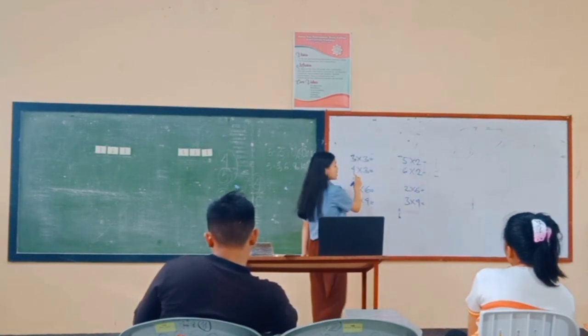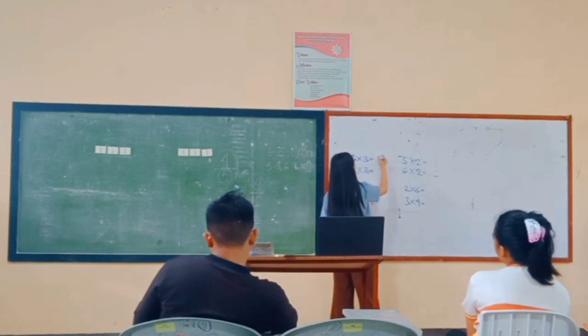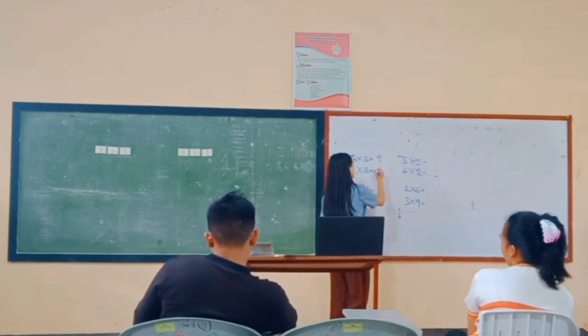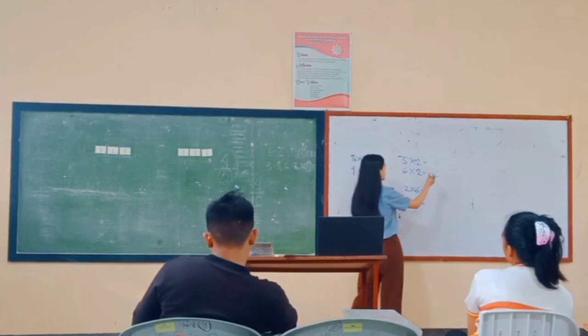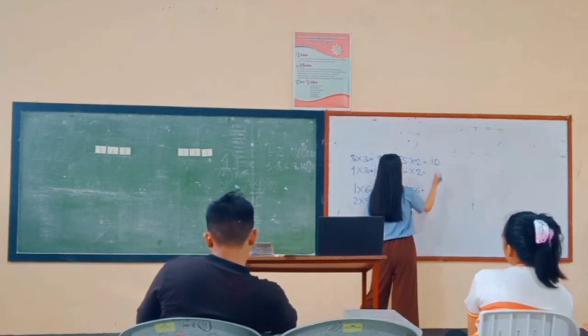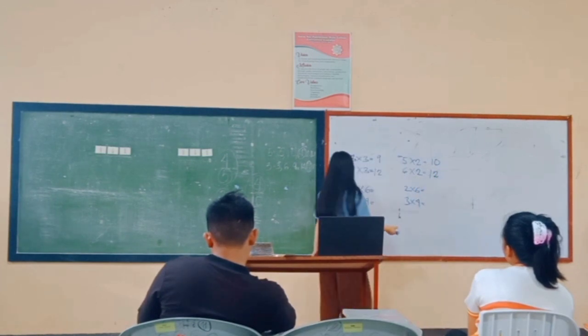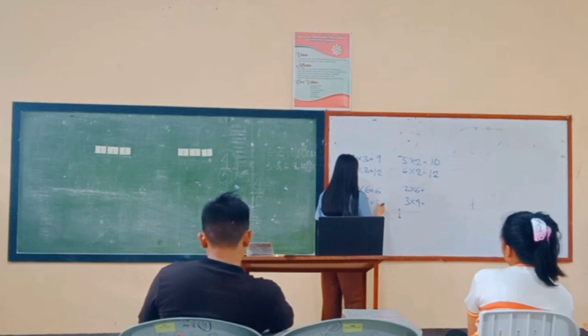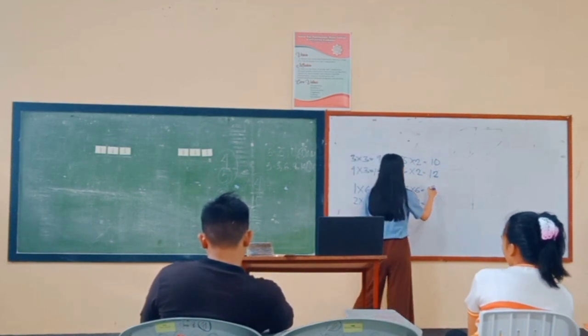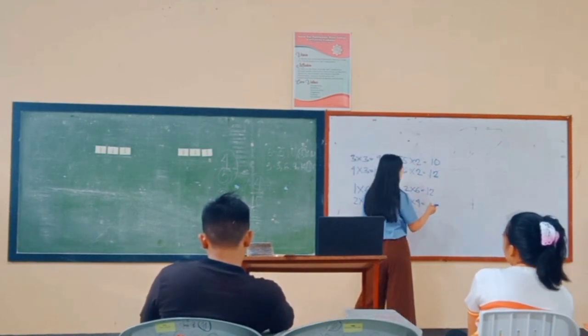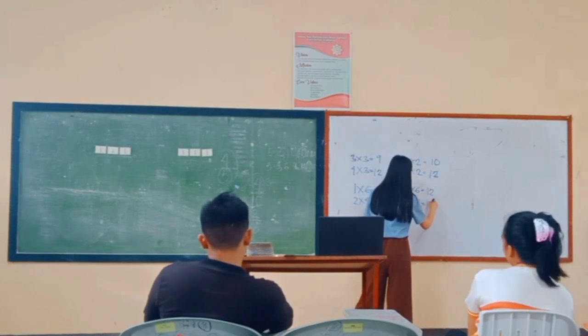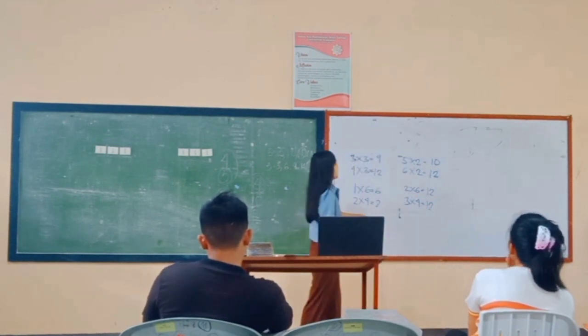So what is 3 times 3? 9, ma'am. 4 times 3? 12. 5 times 2? 10. 6 times 2? 12. 1 times 6? 6. 2 times 4? 8. 2 times 6? 12. 3 times 4? 12. Very good. So how do we get this